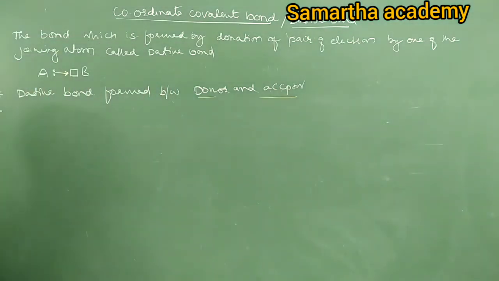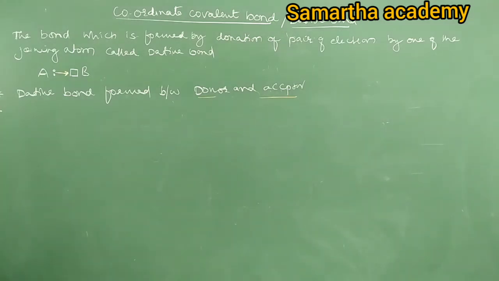Therefore what is the characteristic of donor and what is the characteristic of acceptor? The characteristic of donor is that donor must have at least one or more pairs of electrons, and it should complete its octet. For example, a donor having a pair of electrons without completion of octet is not a donor. Donor must have a pair of electrons. It should complete its octet. It should have 8 electrons in its outermost orbit. Then only it can act as a donor.